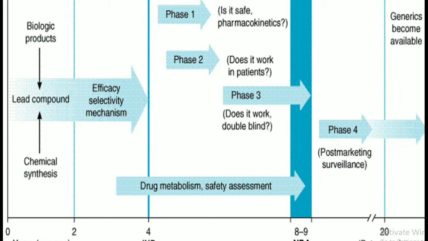Why are we saying about 20 years? It is based on the patent. Once we get our new drug, we file the patent. From the time of filing the patent, up to 20 years, it comes under the patent category. So after 20 years, the patent automatically expires, and hence that particular drug becomes generic.